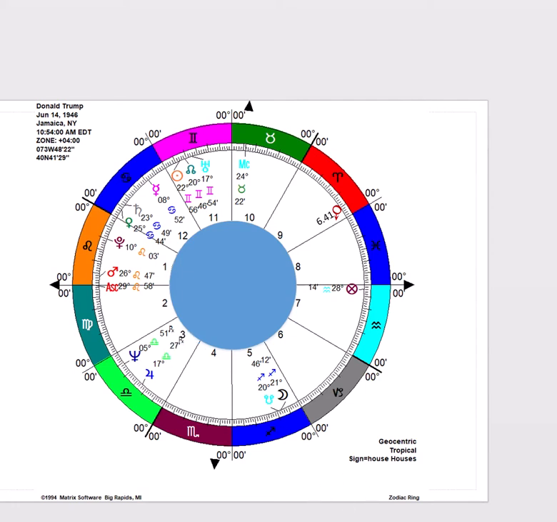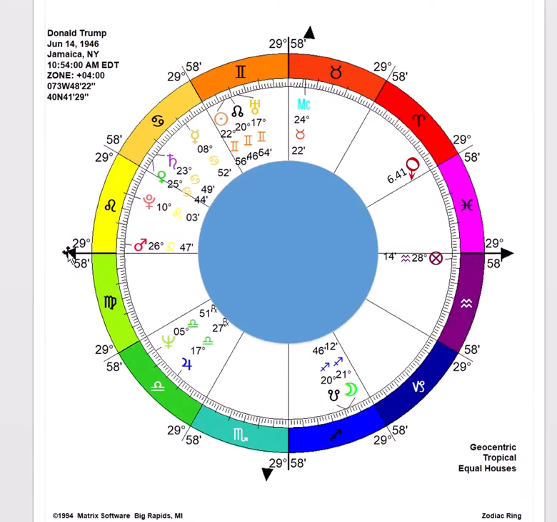But the reason I like drawing it as though it's equal house is because I like seeing the horizon as the east-west line cutting horizontally across the chart, as in this case like this. So it is clear to me where the ascendant and descendant are, what's above the horizon and what's below the horizon. And also importantly, I like the degrees showing,